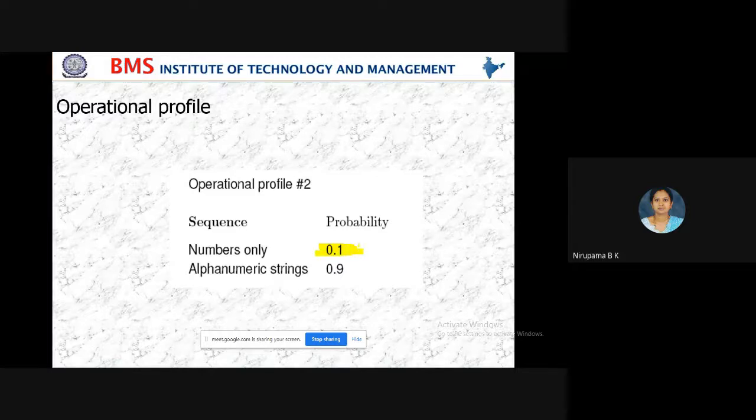If you are writing any character, then you cannot use this as an example. Here in the alphanumeric string, 0.09, to this number you can also add some characters. So numbers only means it should have only numbers. Alphanumeric means it can have both alphabets and digits.